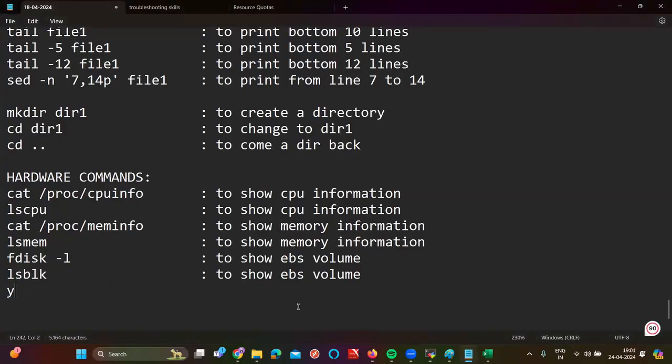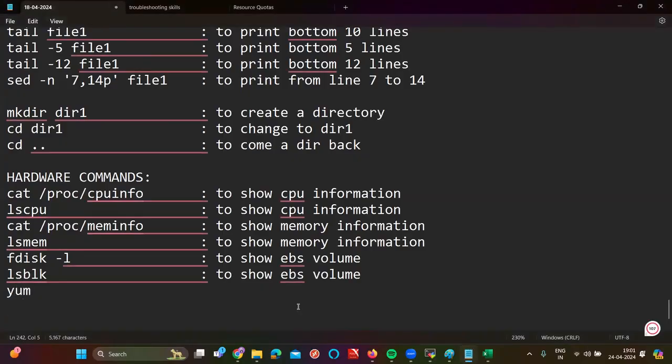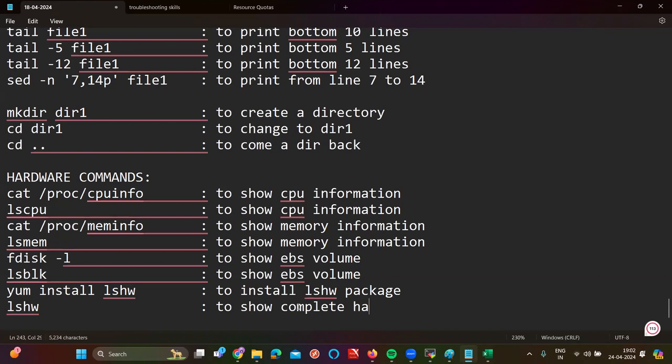We need to install it. Here, yum is the package manager. In Linux, if you want to install any package or any software or any tool, you need to use yum only. And install is the action I'm performing. Which package am I downloading? The lshw package, and lshw is the command to show complete hardware information.